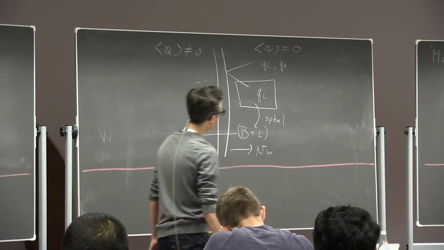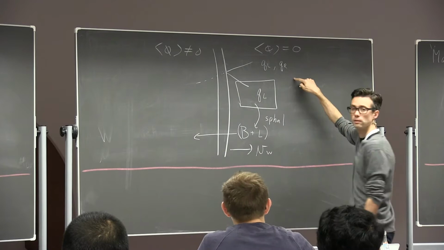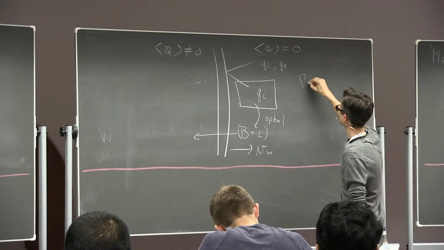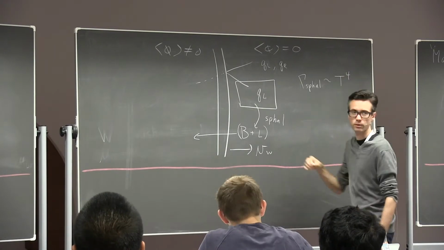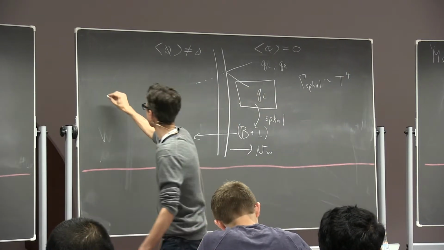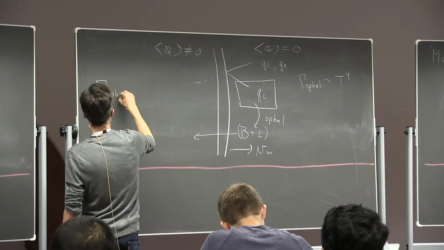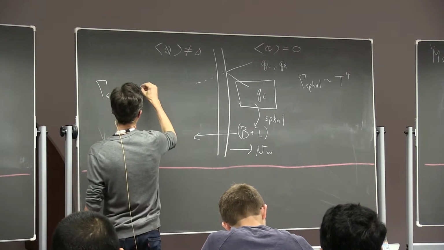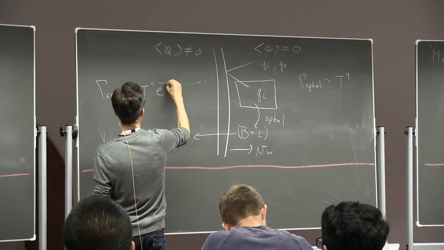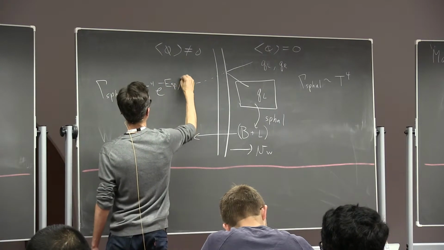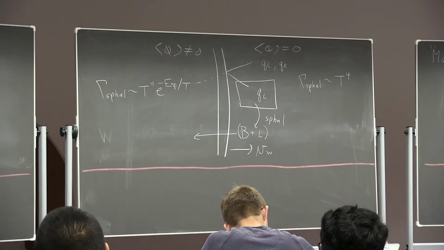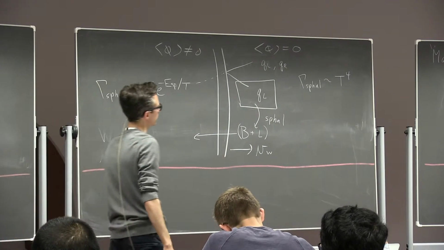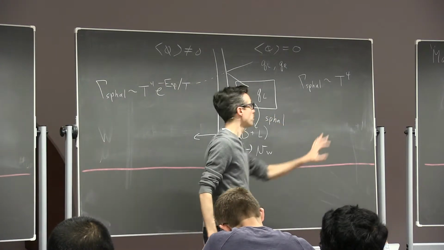And the thing about the sphalerons is that in the unbroken phase, the sphaleron rate is fast. It goes something like T^4 with some numerical coefficient. On the other hand, in the broken phase, if you recall, the sphaleron rate goes like T^4, but with an exponential suppression. That looks like the energy of the sphaleron configuration in the broken phase divided by the temperature. So this means that the sphalerons can be fast outside the bubble walls, but they can be really, really slow